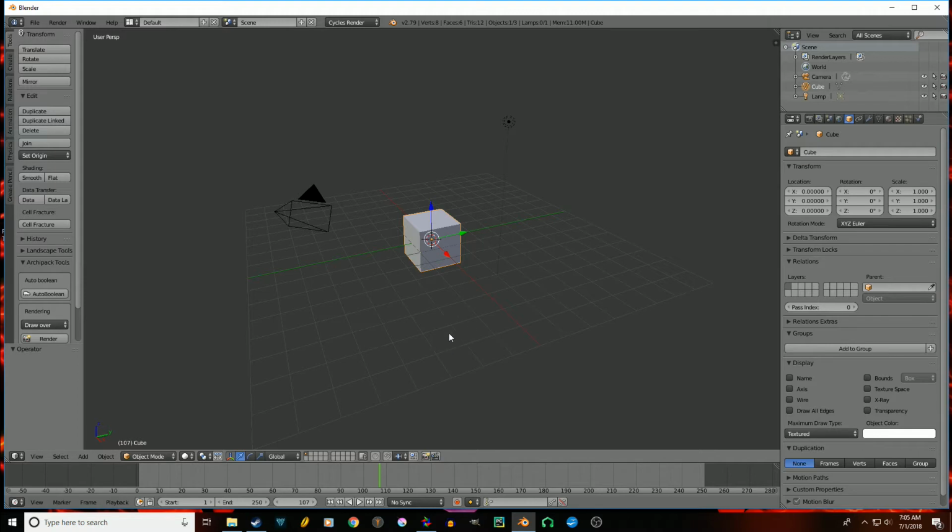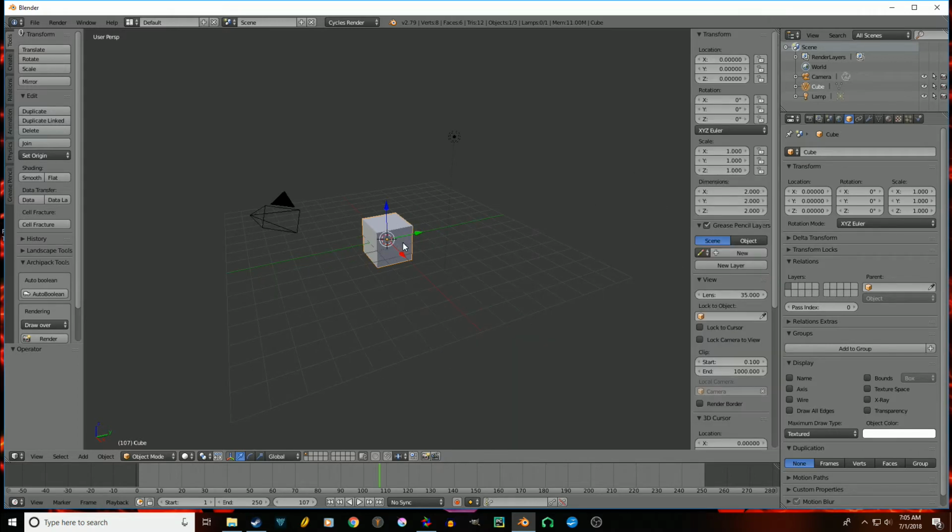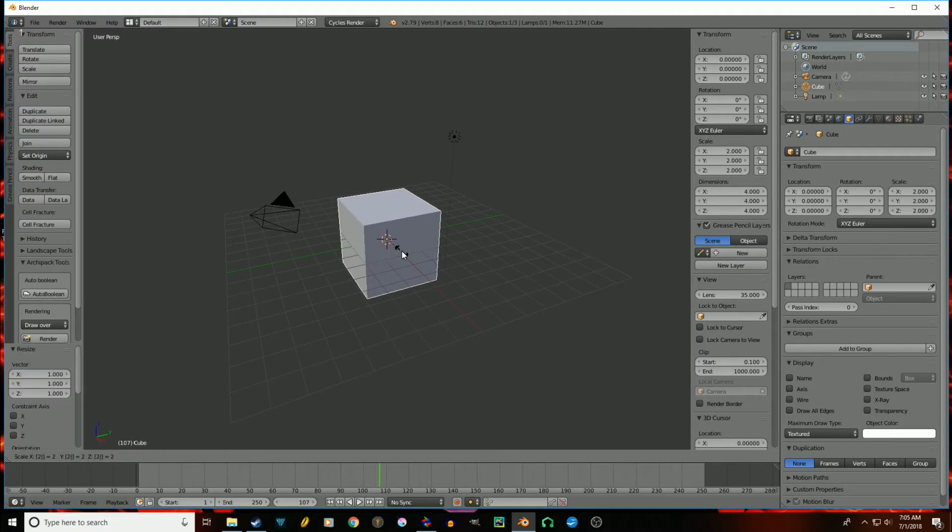Alright. So right now, if you hit N, see my wonderful little cube? It's right there in dead center. Location X, Y, Z, 0, the rotation, 0, the scale, 1. So if I hit S 1, see, nothing happens. S 2, you can see over here on the scale,